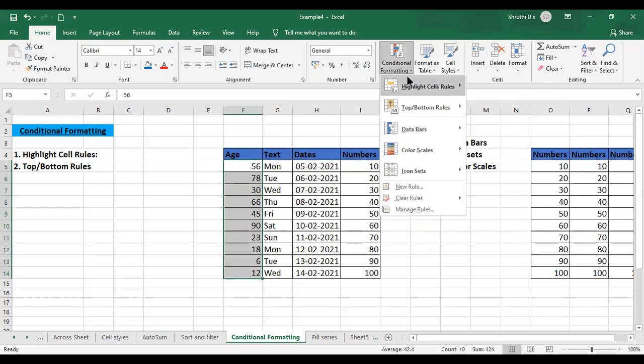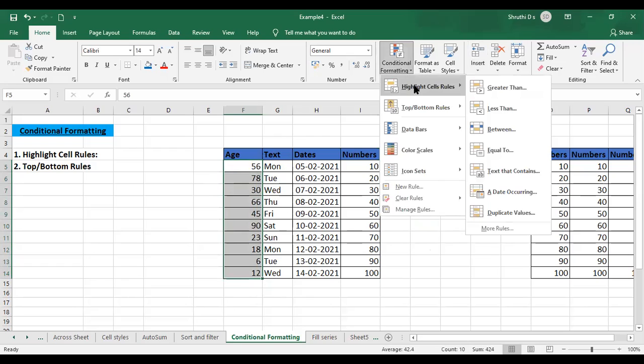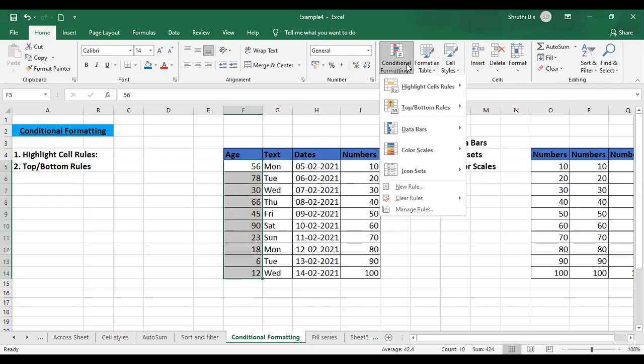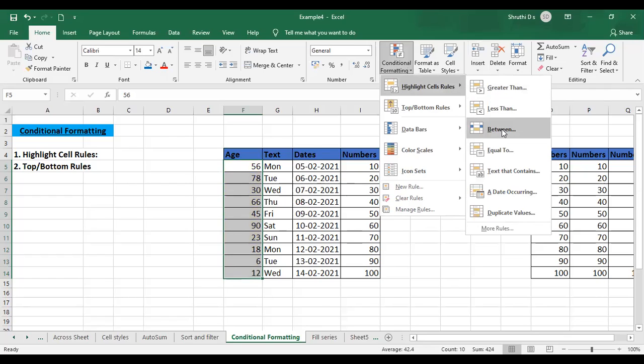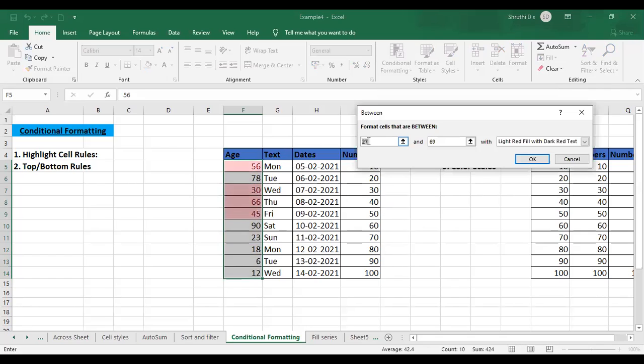I'll go to conditional formatting and I want to check the age between 30 to 50. I want to check for the ages, people's age between 30 to 50 or 40 to 50, anything is fine. Go to conditional formatting. First of all, you need to select the column as I said, go to conditional formatting, select highlight cell rules, and the third option available is between. Okay, just go to that and select, and you have the same dialog box that is appearing.